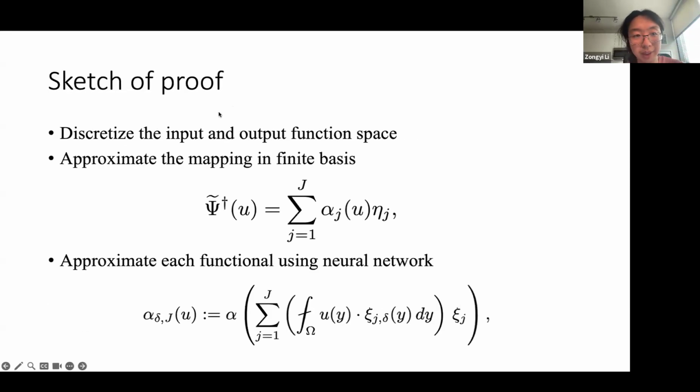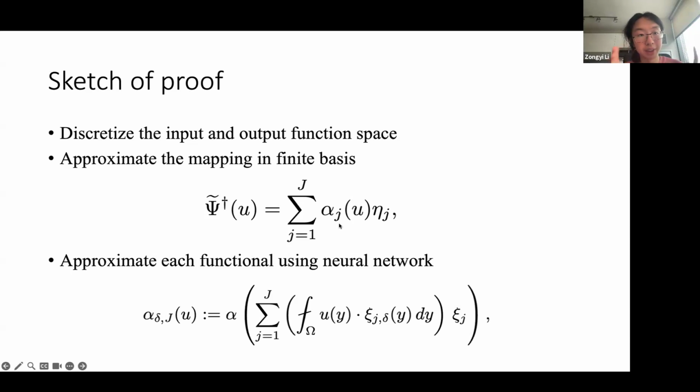So just a little bit of a sketch of the proof here. Given a target operator phi, we just do a linear expansion. Assume the space is compact, this expansion will converge. And then we use a neural network in each channel to approximate each functional basis of these expansions.